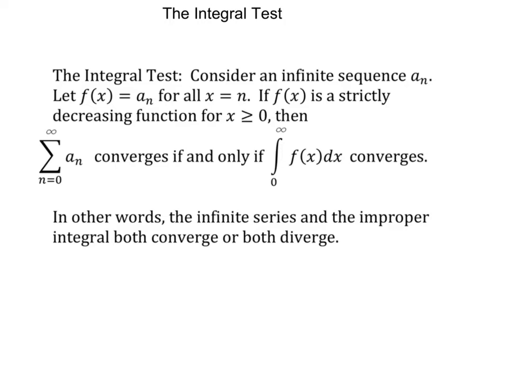So if you've got a function where your function is the same representation as your sequence, if that function is strictly decreasing beyond some point, beyond 0, then your infinite series will converge if and only if your infinite integral converges. In other words, the infinite series and the improper integral will both converge or both diverge. So, to run this by you again,